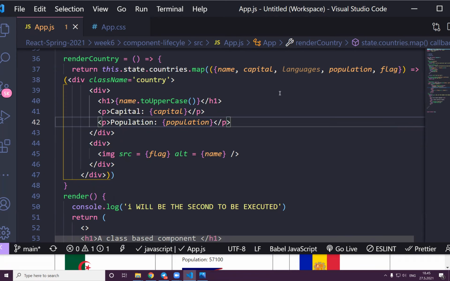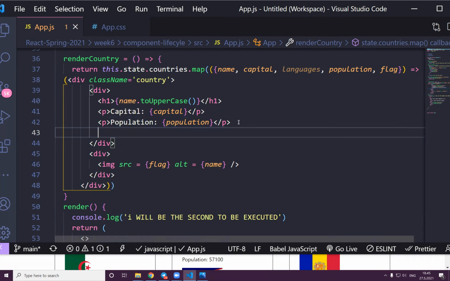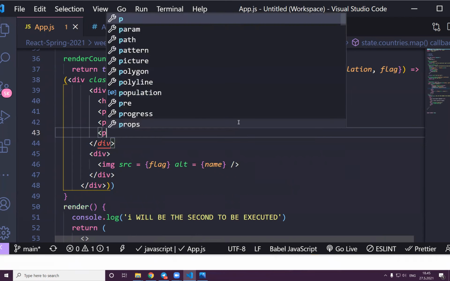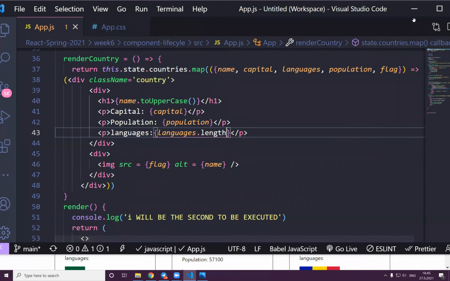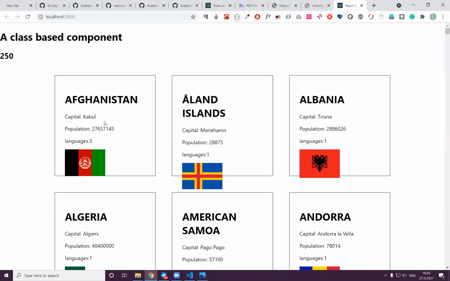How many languages are spoken in this? Maybe we could say, I think it's a length, language. We can say language.length. Yeah. As you can see, in Afghanistan, they have 3 languages, and